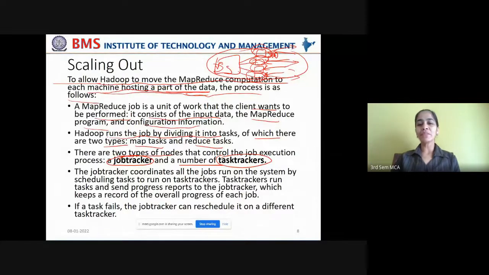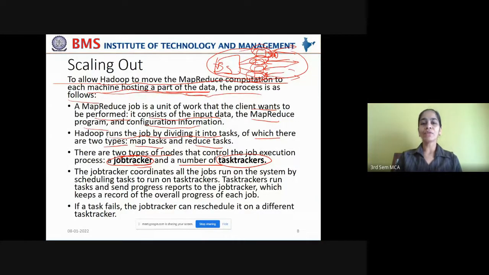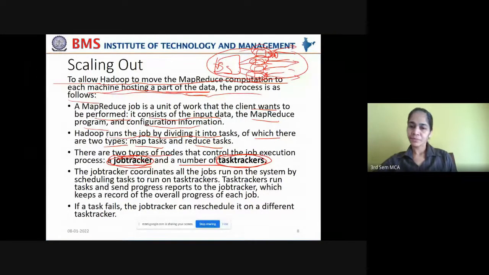So in order to control the job execution process, you need 2 types of data nodes, meaning a data node should be ready to perform 2 types of responsibilities: one is to take up the responsibility of the job tracker, and the other is to perform the responsibility of the task tracker. So the HDFS cluster should have a job tracker and a number of task trackers.